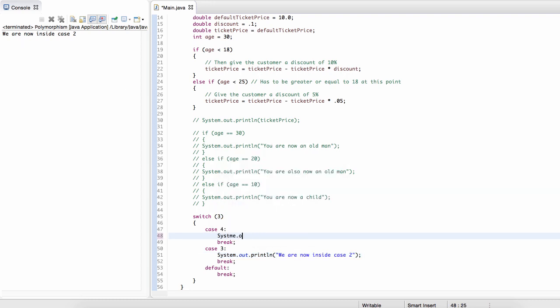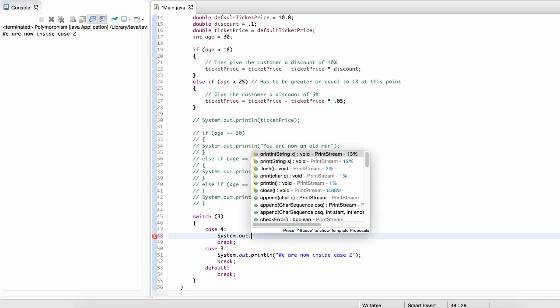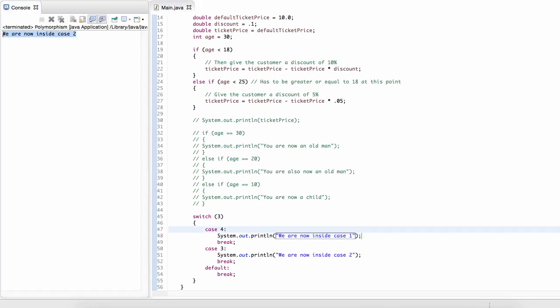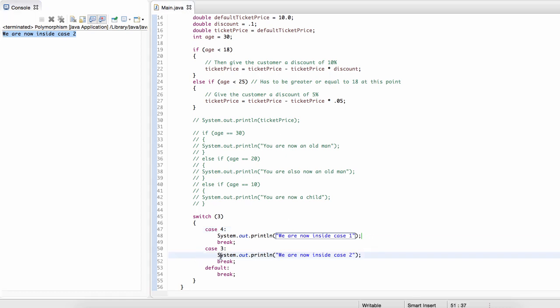Just to prove that we're not going inside of this one, let's try to print something out. We are now inside case 1. Okay, so yeah, good. We're still in case 2. Okay, so notice something a little interesting here now. There's this break statement. So what does it do? The best way to see what it does is to look at an example where we